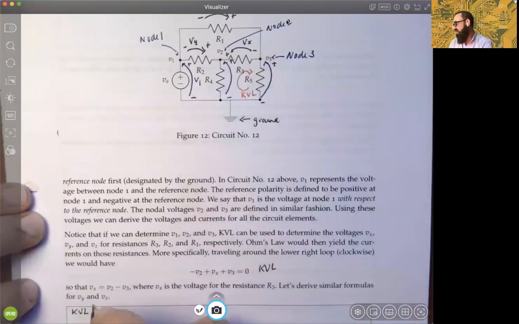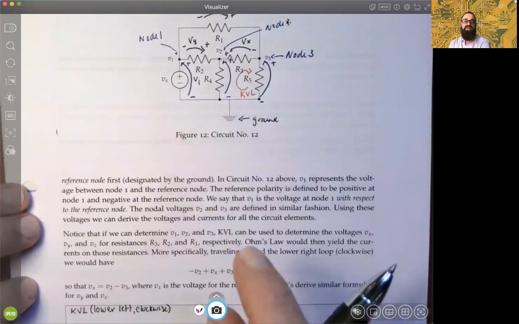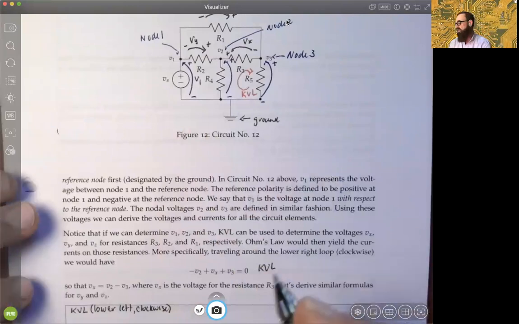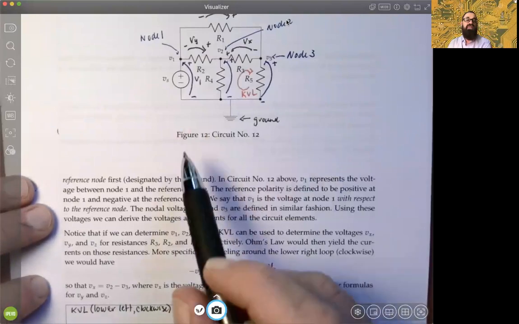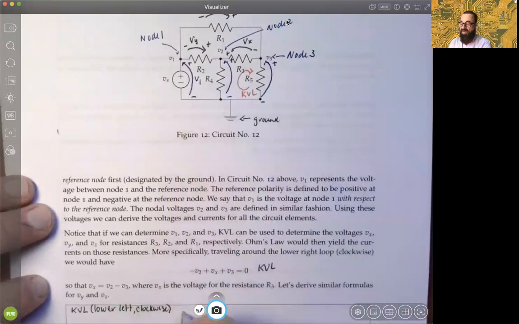So let's say lower left clockwise. That will be our KVL loop this time, okay? Again, we're going to traverse the voltages that we encounter in that lower closed path, okay? If we do that, we can see that we're coming into the negative polarity for voltage 1, which is minus V1,